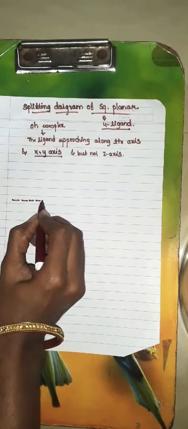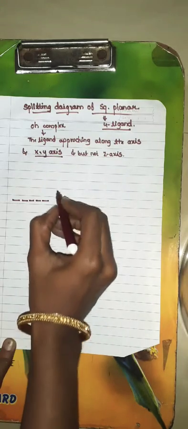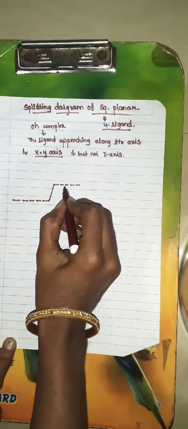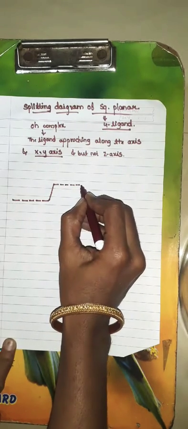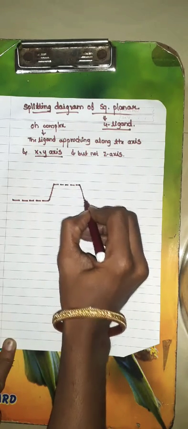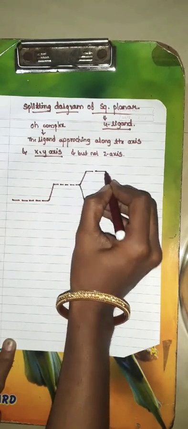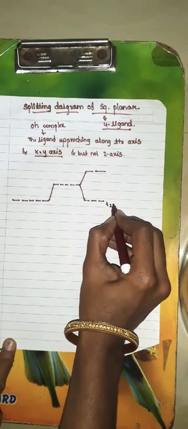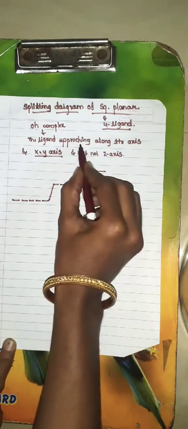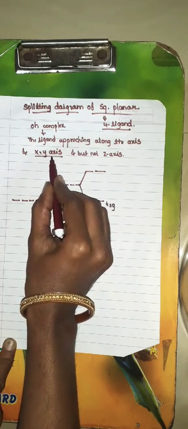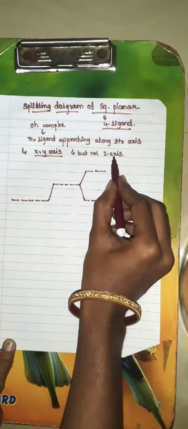You already know the octahedral splitting diagram of d orbitals. First there is a slight increase in energy of the 5 d orbitals. After that they split into two levels. The lower one is the t2g level and the upper one is the eg level. This is the same as octahedral, where ligands approach along the axis, but here ligands approach only through the xy axes, not through the z axis.